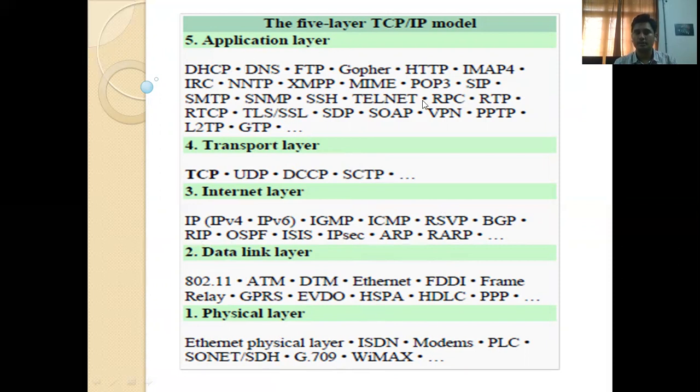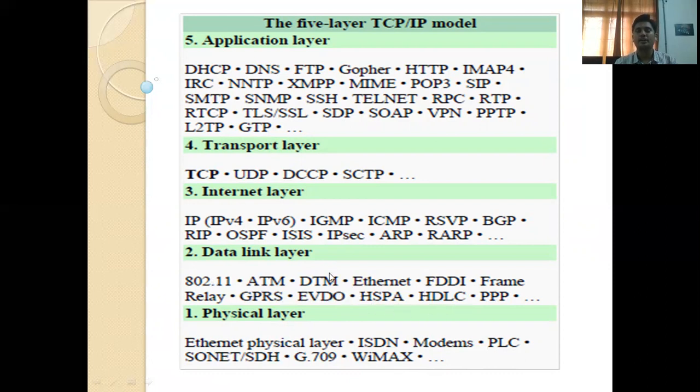All these are the protocols which are used in those particular layers. The physical layer consists of Ethernet physical layer, ISDN, modems, PLC, and so on, G.709, WiMAX. All these are the different physical layer medium accesses. Coming to the data link layer: 802.11, ATM, DTM, Ethernet, FDDI, frame relay, GPRS, EVDO, HSPA, HDLC, and PPP.